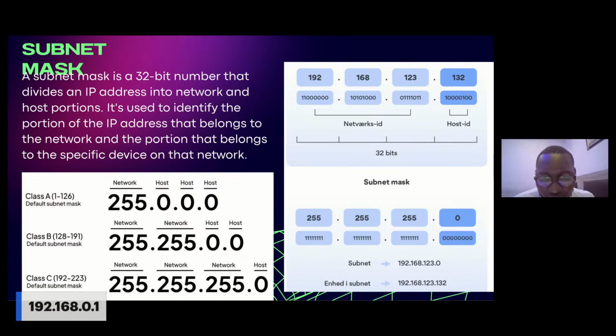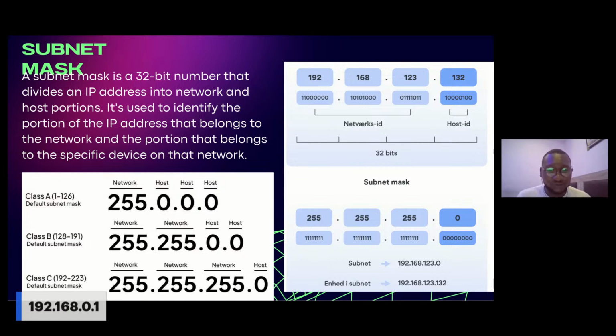Okay. So if you look at the diagram on the right, that actually breaks it down in terms of binary. So you see that this is a mathematically involved thing, right? So if we break the IP address down, we are looking at the diagram on the right, 192.168.123.132. What you have underneath them are the binary equivalent, right? And the first three octets belong to the network ID, and the last one belongs to the host ID.